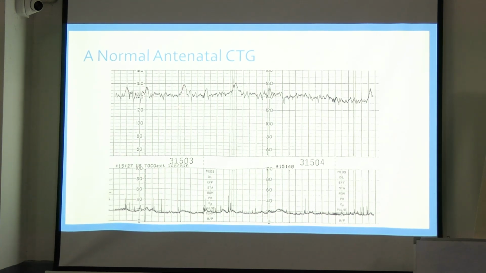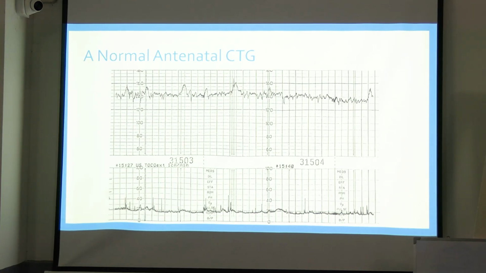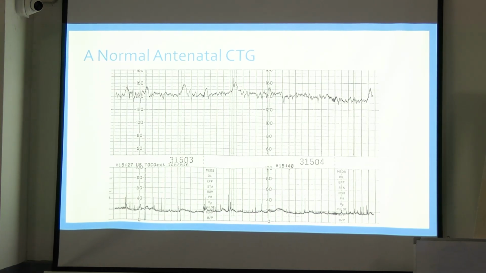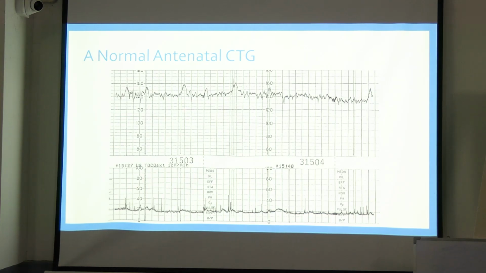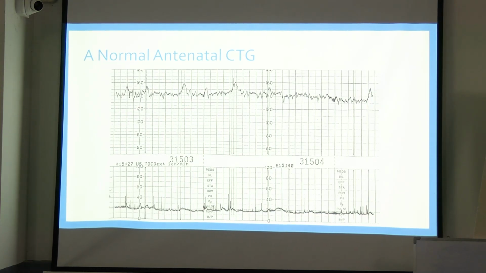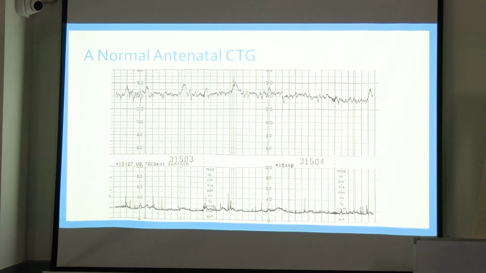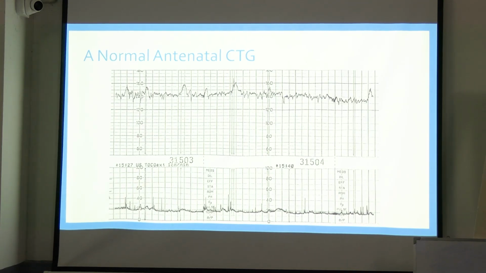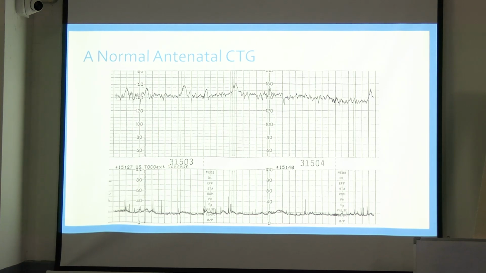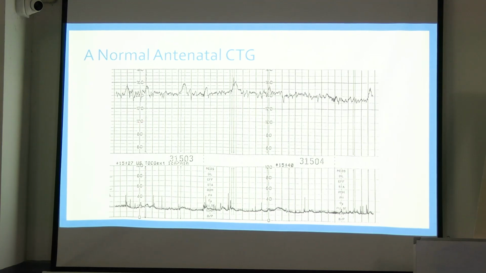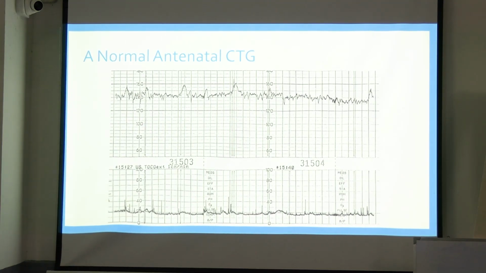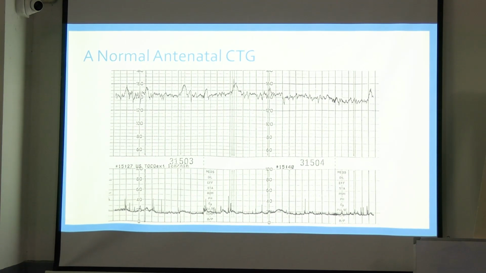One small box in the vertical direction is equal to 5 beats per minute. This is 120, this is 110, this is 100. This is 105, so this is 5 beats per minute. You can calculate by seeing this reading only. You can calculate how many beats per minute the small box is. Here it is 100, here it is 120. Look here, this is 100, this is 110. Are you able to understand?